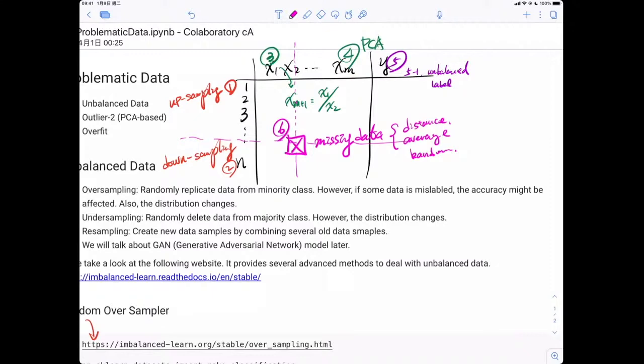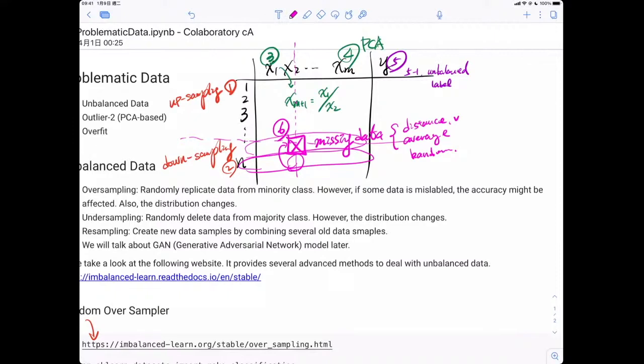For example, distance. For this data point right here, as we told you before, we can find the closest one among your N data points. If these two data points are very, very close, very similar, then I can borrow its value.